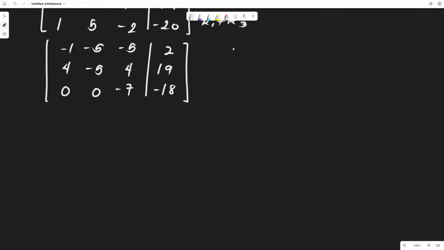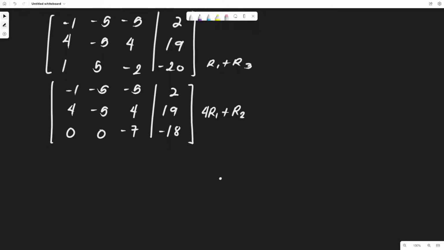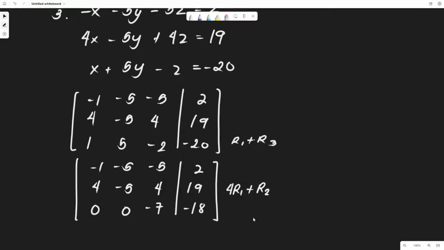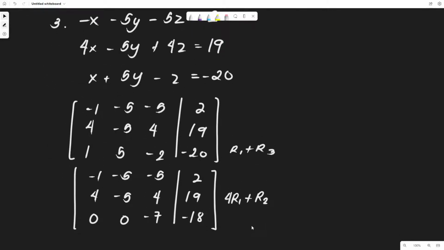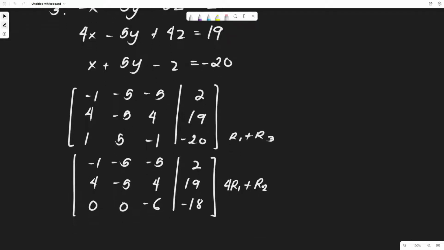So, we have here, dito tayo kay 4. So, 4R1 plus R2. No? So, 4R1 plus R2. Oops, sorry. This is not 2. This is negative 1. So, this is negative 6. Apologies. Ayan, buti napansin ko. Ayan. So, we have,